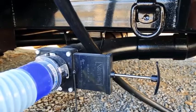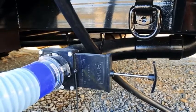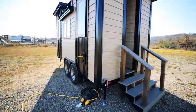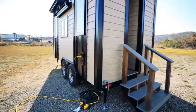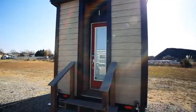This whole setup was custom built by the Tiny House Chattanooga team, who used gas spring storage bed lifts to enable us to access a huge amount of storage space under the bed to hide everything away which we aren't using all the time. Of course, we still love to watch movies, and occasionally play some Super Mario Kart, so